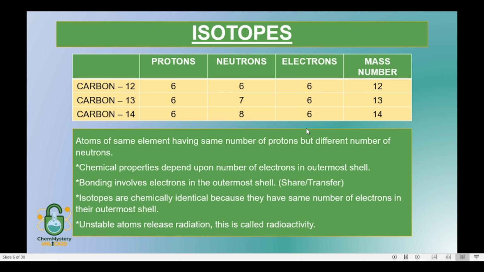Unstable atoms release radiation. This is called radioactivity. Just learn this one thing. You don't need to get into the depth of this. You will learn this in physics. Now let's move on to